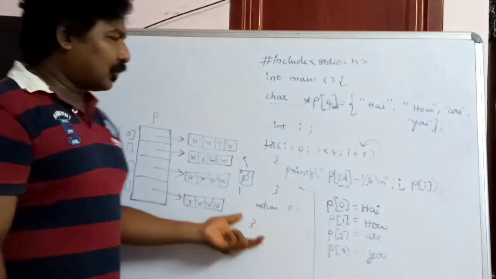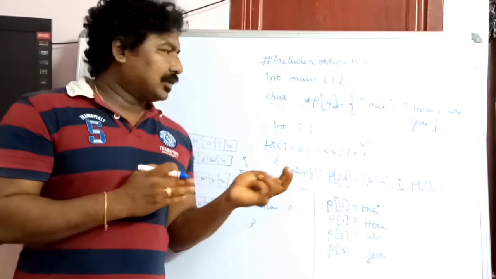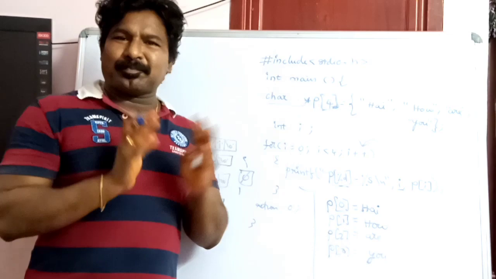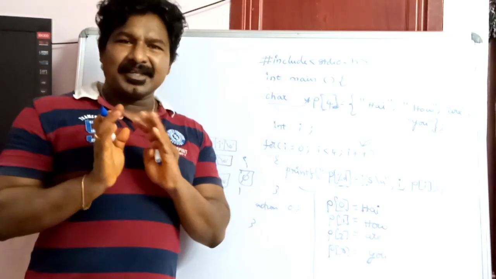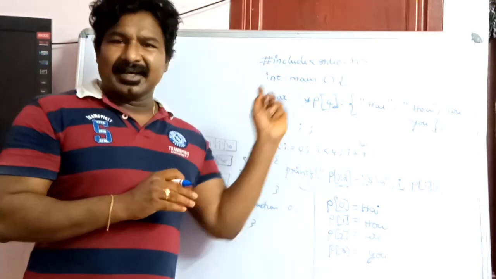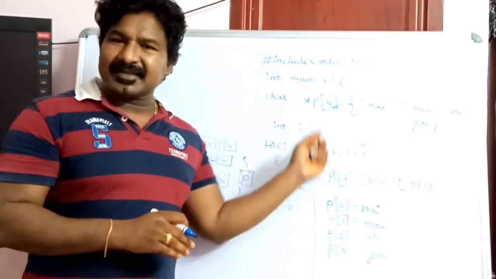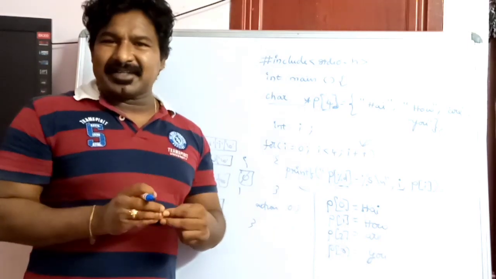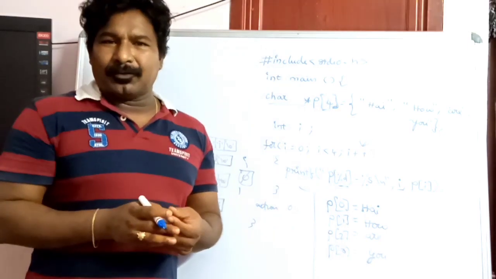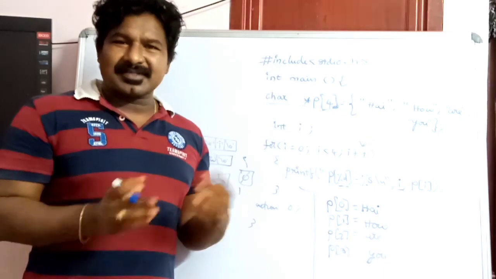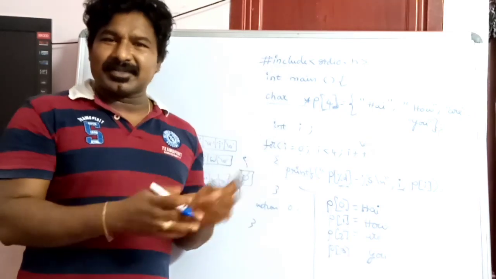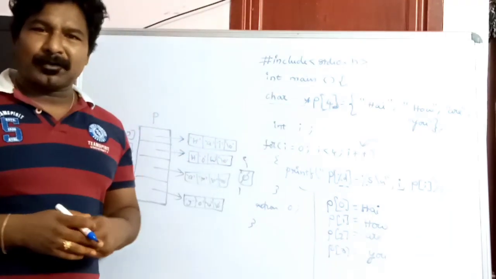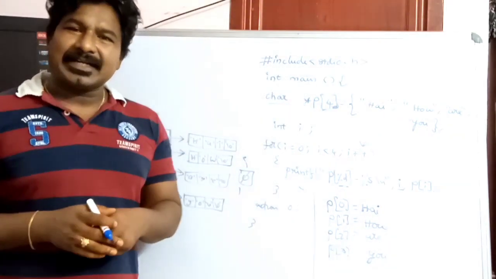Here what I'm trying to give you is the concept that you can create an array of character pointers, that means an array of string pointers, and you can assign strings to each and every pointer. You can access those strings the same way you access normal singular elements, that means integer, character or float values from an array. In the same way you can access the strings by using the character pointers. Okay friends, so this is another example of how pointers and strings are related.